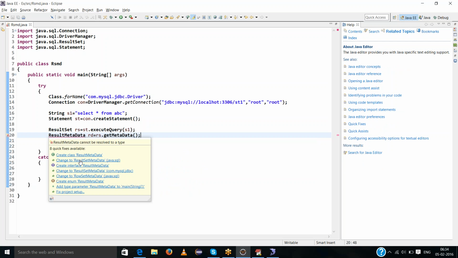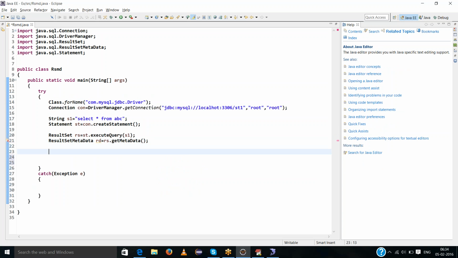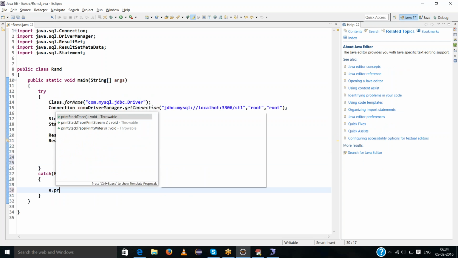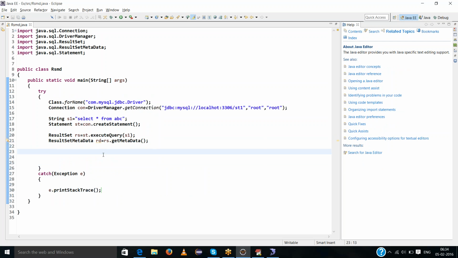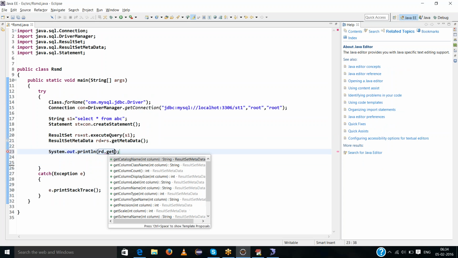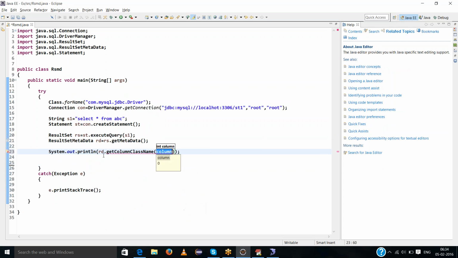But really I'm not using this concept much. No problem. Then after that, System.out.println rd dot getColumnName(1). What is getColumnName?